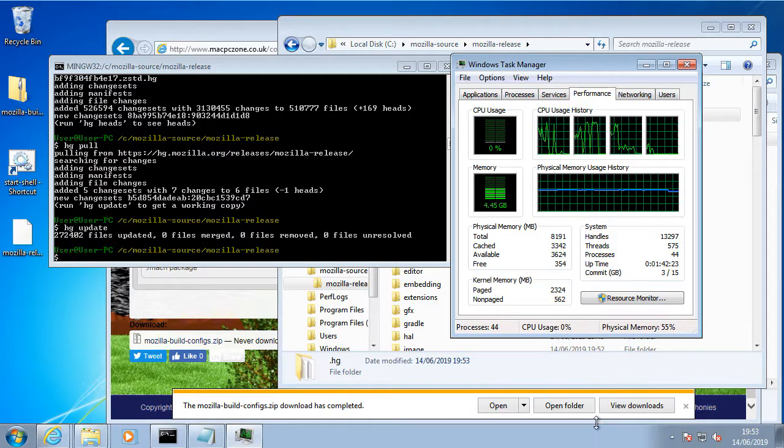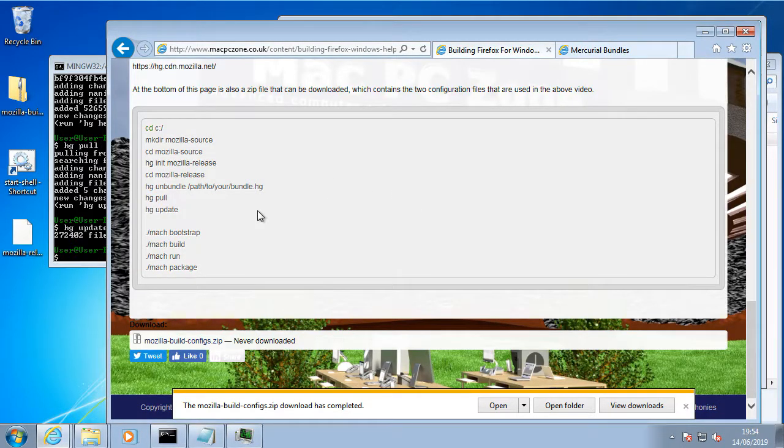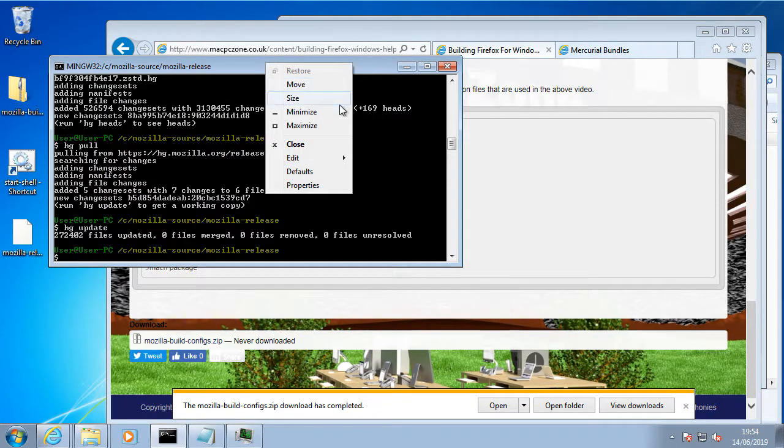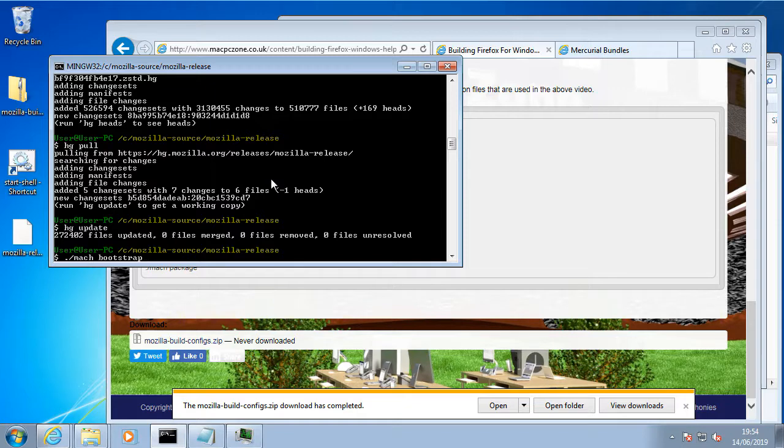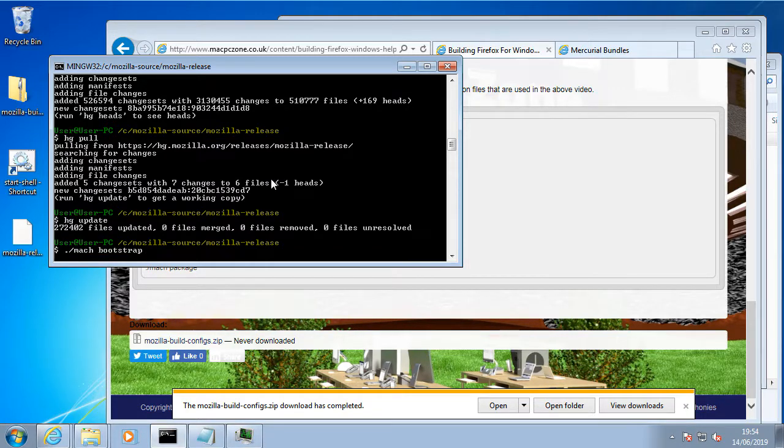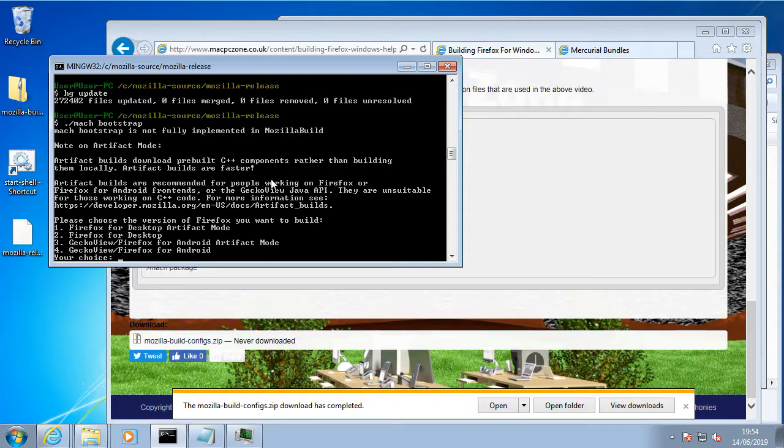Okay, so that's finished. So now the next thing we have to do is basically bootstrap the installation. And so we just use this command. So what this does, this just downloads the... All right, and then you have to make sure to choose number 2, because what happens is, oh,